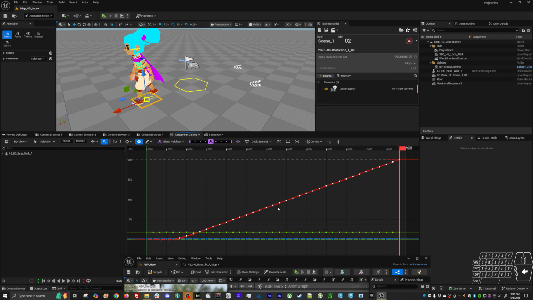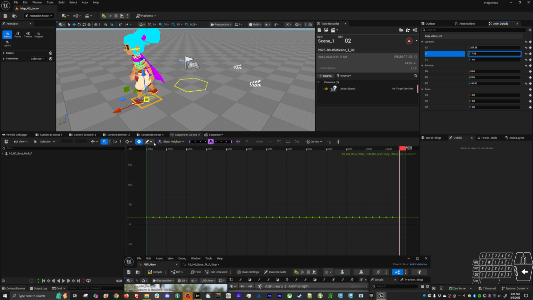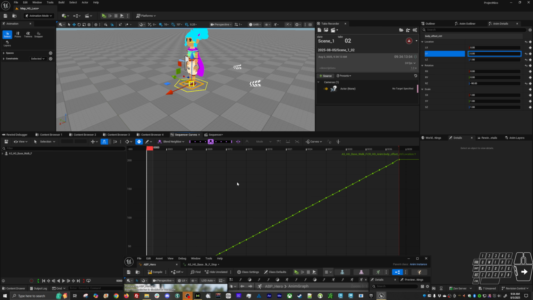We're going to copy this curve and come to our anim details. We're going to paste it on our Y curve. So we should be moving diagonally now. Yes. And then we're going to